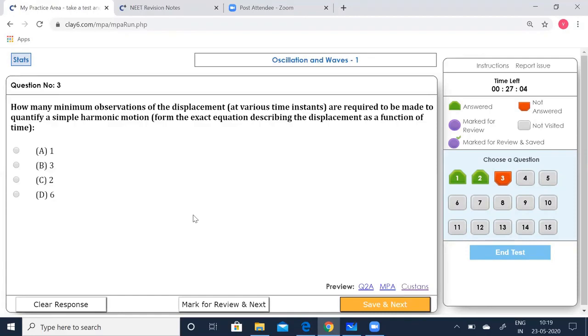Sometimes the initial displacement and the initial velocity can be both zero. In that case, you'll have 4 unknowns. So we can put it as 3 unknowns. So 3 unknowns is correct. So option 3 is correct.